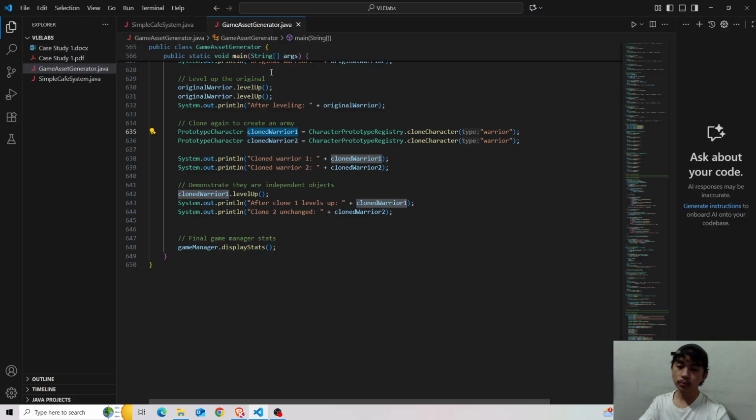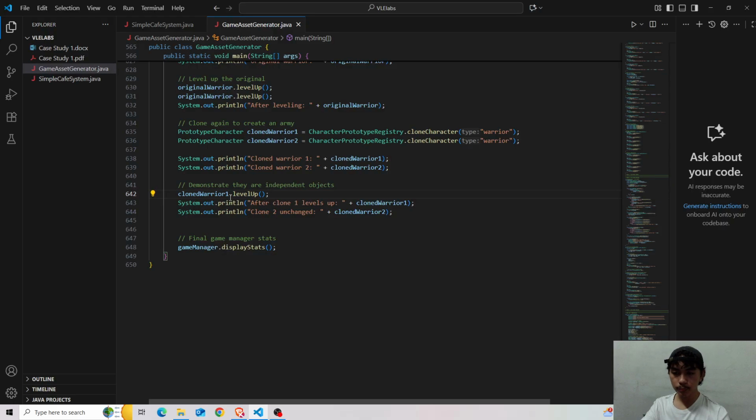We have cloned the warrior character, and when clone warrior 1 levels up, only clone warrior 1 levels up and not clone warrior 2. So that's how the prototype pattern is being implemented here in our game manager system.